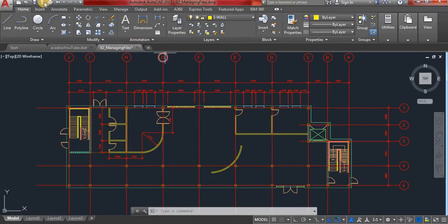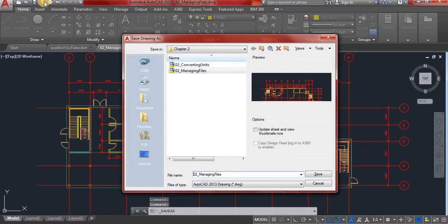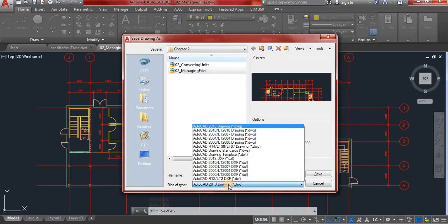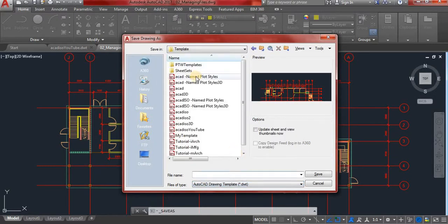First, I'll go to Save As and choose the files of type. I'll choose DWT as we did previously. It takes me back to my the default place where all templates are, and as you can see, this is the template we created previously. The file name, I will choose, let's say, second example,